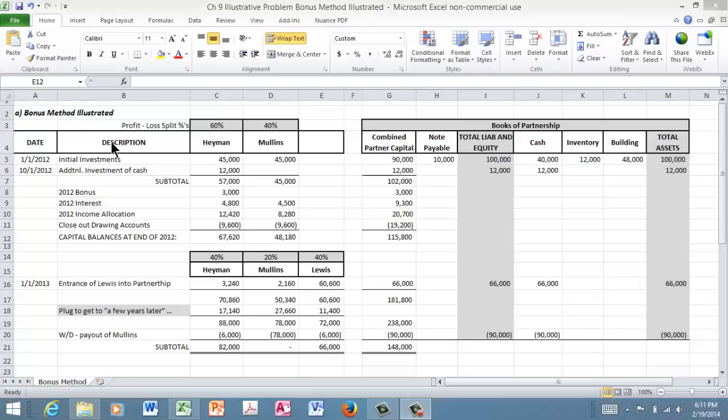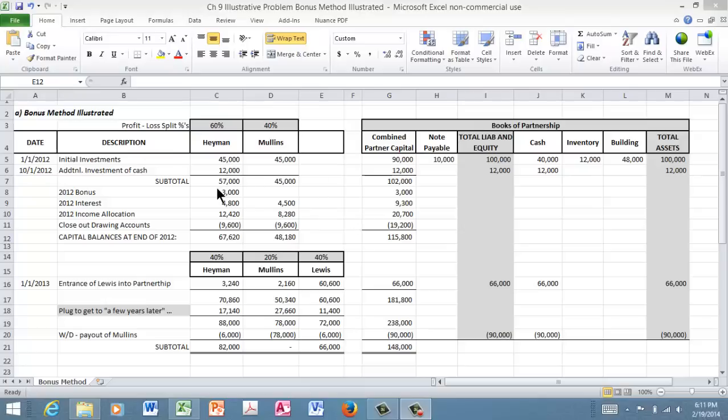Hi everyone, and we're going to illustrate the end of chapter comprehensive problem on chapter 9, which is partnerships. In this chapter we talk about the formation and organization of partnerships. Actually, in this problem we're going to have a dissolution, which I think is chapter 10, which is not going to be part of your reading, but that's another chapter you can deal with later on your own after